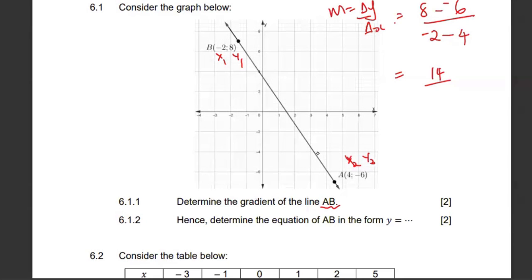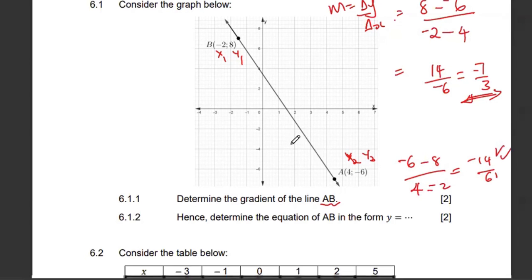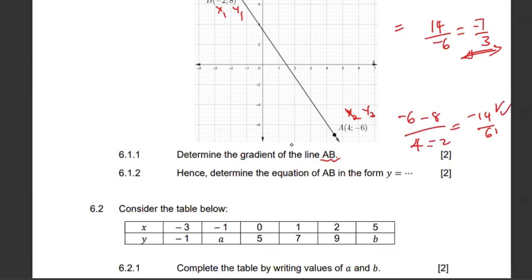That's going to be 14 over negative 6, which is negative 7 over 3. Is that true? Let's try to go back and see: negative 6 minus 8, 4 minus minus 2, minus 14 over 6. Okay, perfect. Then they want us to get the equation, meaning that if we have y is equal to mx plus c,